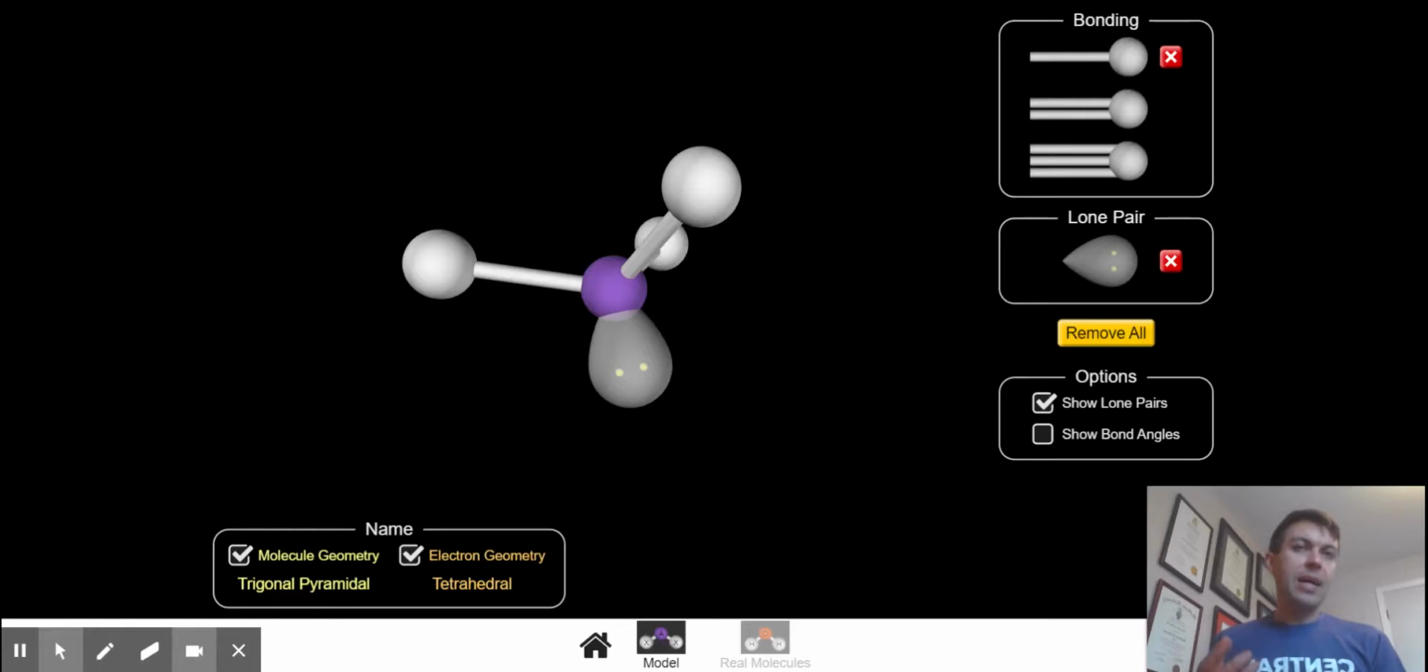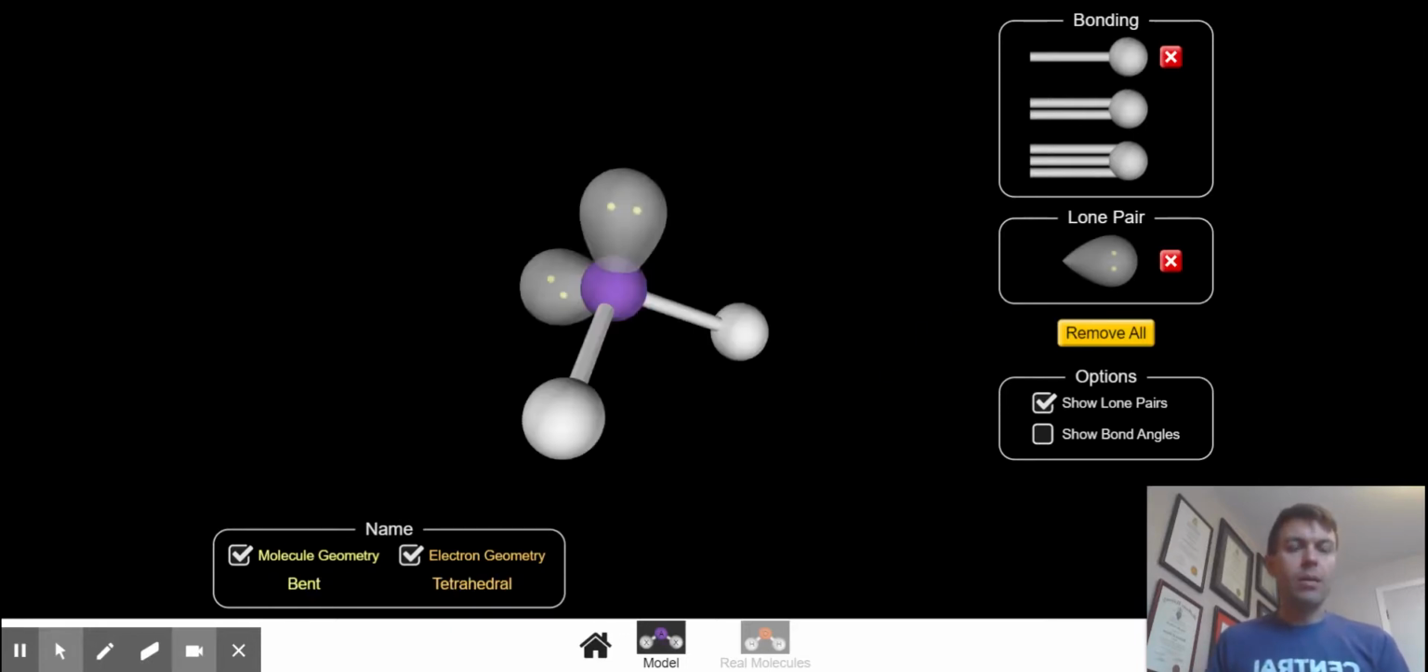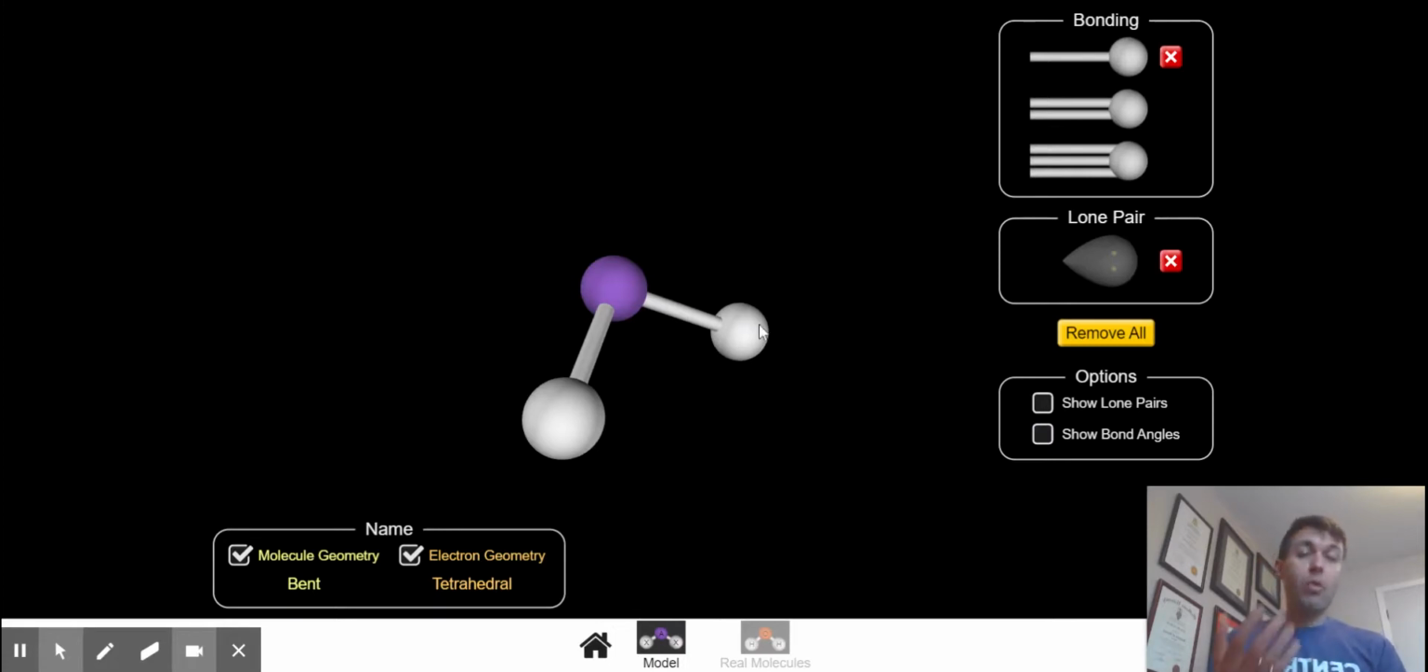Finally, let us replace another bonded pair with a lone pair. Once again, the 4 electron pairs around the central atom take on that tetrahedral shape, but if we look at the molecule itself and hide the lone pairs, we see that the molecule takes on a bent shape. This is the shape of water, where the oxygen has 4 pairs of electrons, 2 lone pairs, and 2